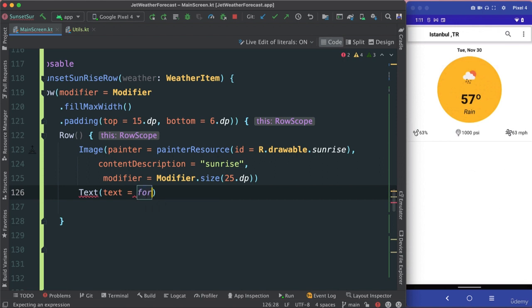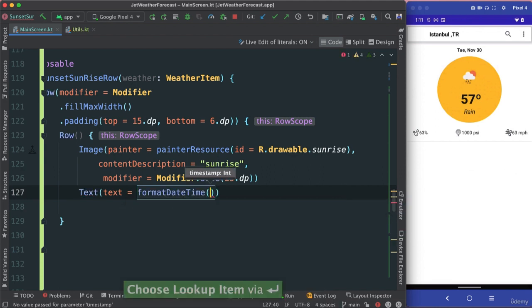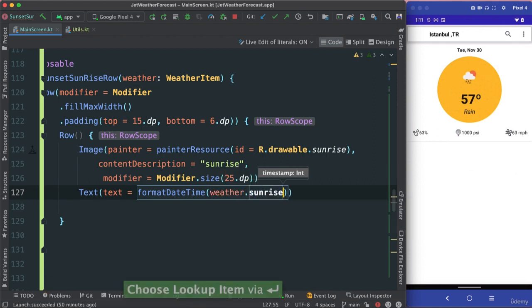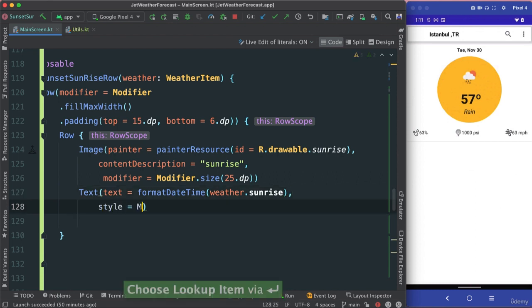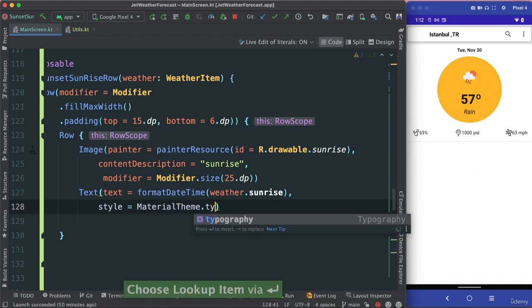And for this text, I'm going to use format date time, right? And then I'm going to pass the weather. Get sunrise like this. And give it style. Give it typography and make it caption, so small. All right, let's